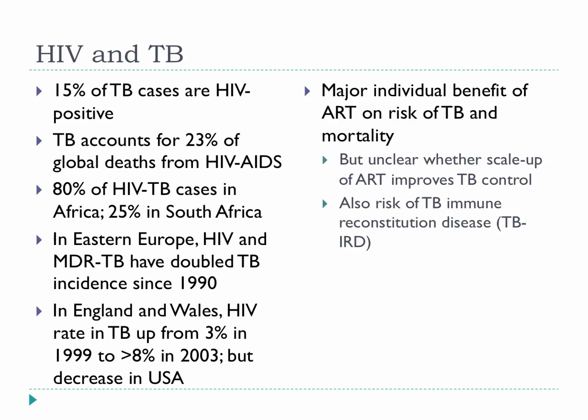What we know is that if you give antiretroviral treatment to individuals, you decrease their risk of getting symptomatic tuberculosis, and you decrease their risk of dying from that. It's unclear at the moment, on a population level, if you give everyone antiretrovirals, what effect that has on tuberculosis control. It probably does have an effect, but we don't have the clear evidence yet.